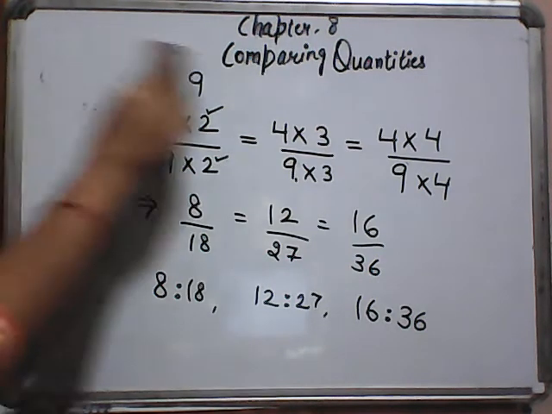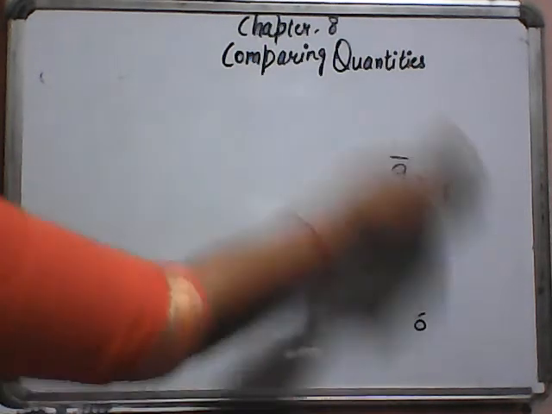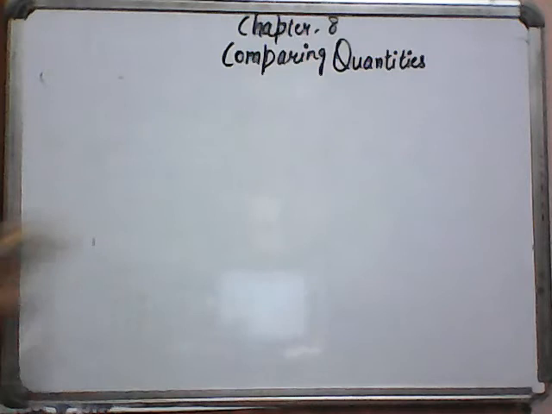In the next question, you have to find out the lowest term, or you can say the simplest form. Now, a ratio in lowest form can also be called a ratio in the simplest form. How can we convert a given ratio into the simplest form? Firstly, you have to find out the HCF of these two numbers. After that, divide the numerator and the denominator by their HCF. Now we can obtain the lowest form.